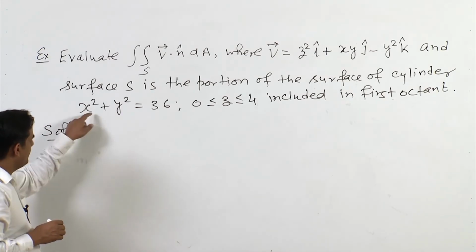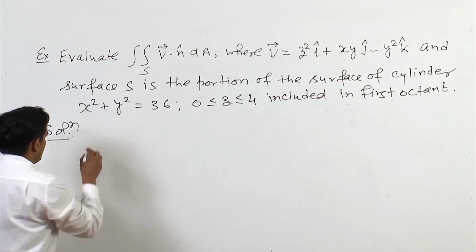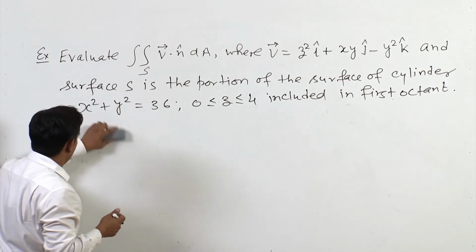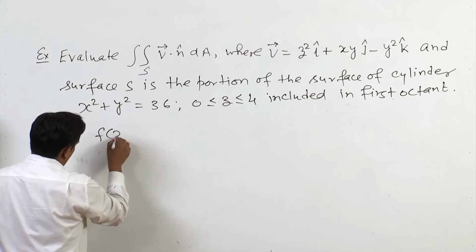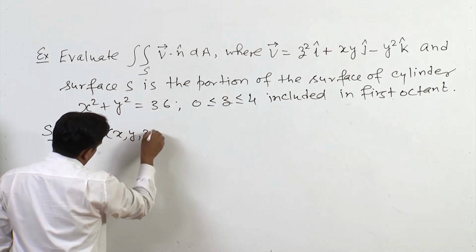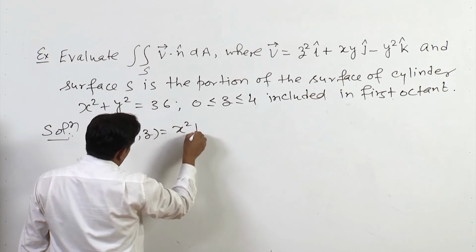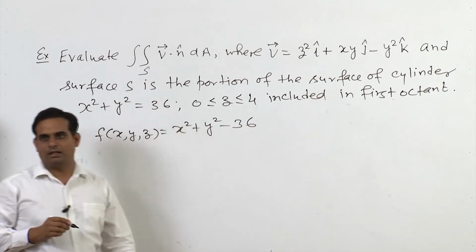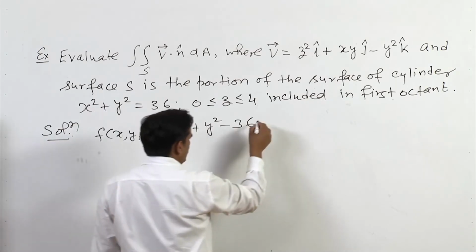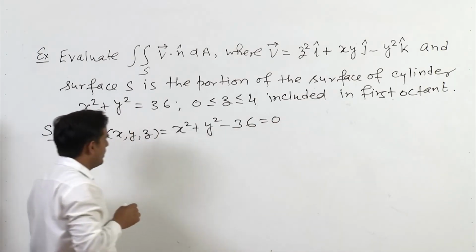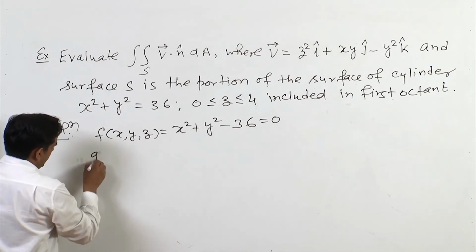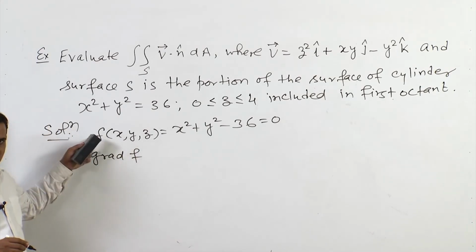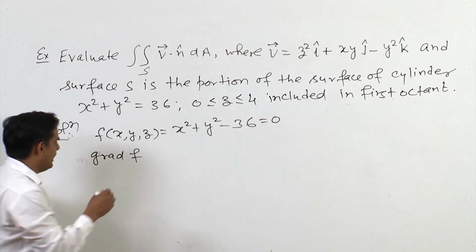Here the surface is given by f(x, y, z) = x² + y² − 36 = 0. Now I need to find the normal to this surface. So grad f will be